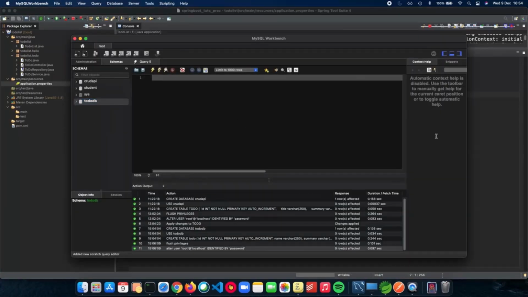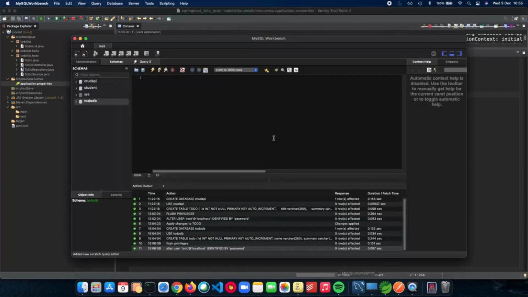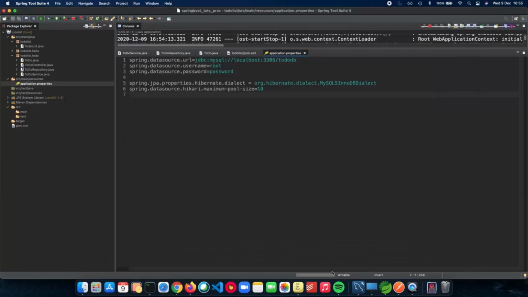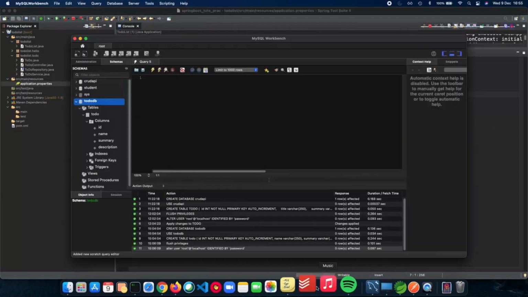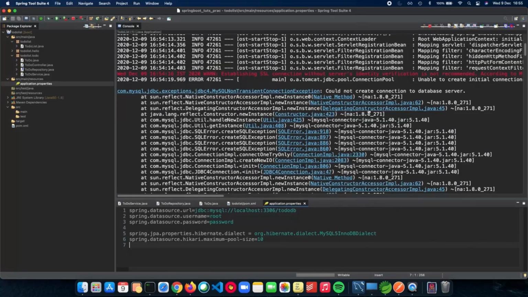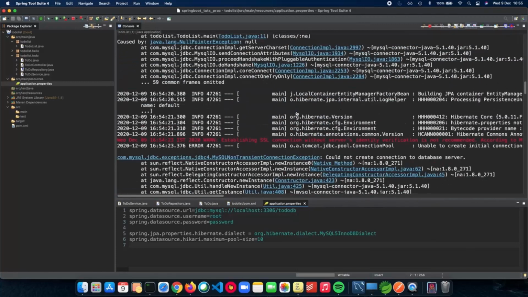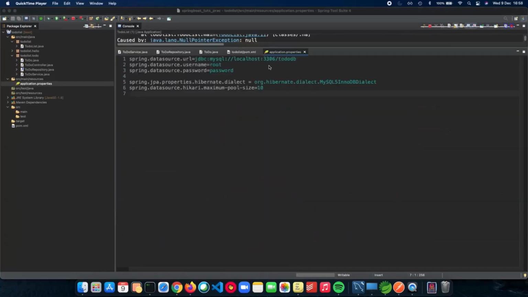And the Hibernate max pool size of 10 is looking good as well. Let's see what the error was. If you go to Spring Tool Suite and see the error, could not create the connection, because